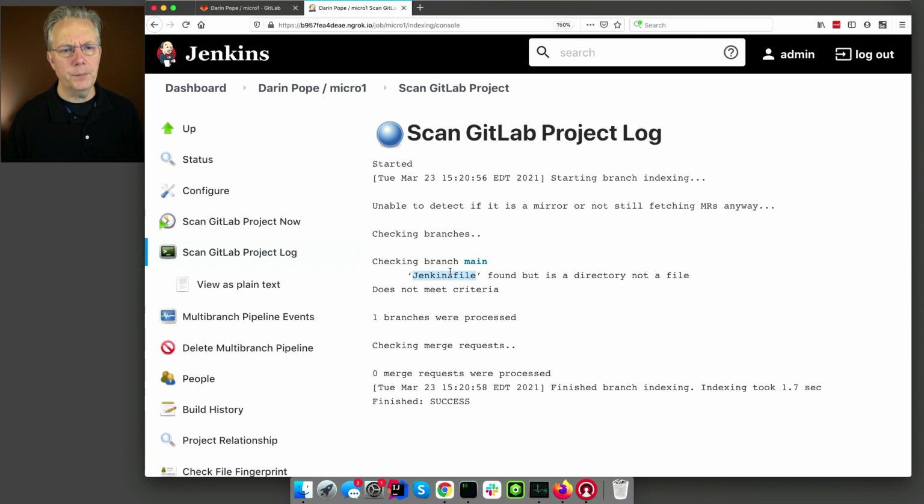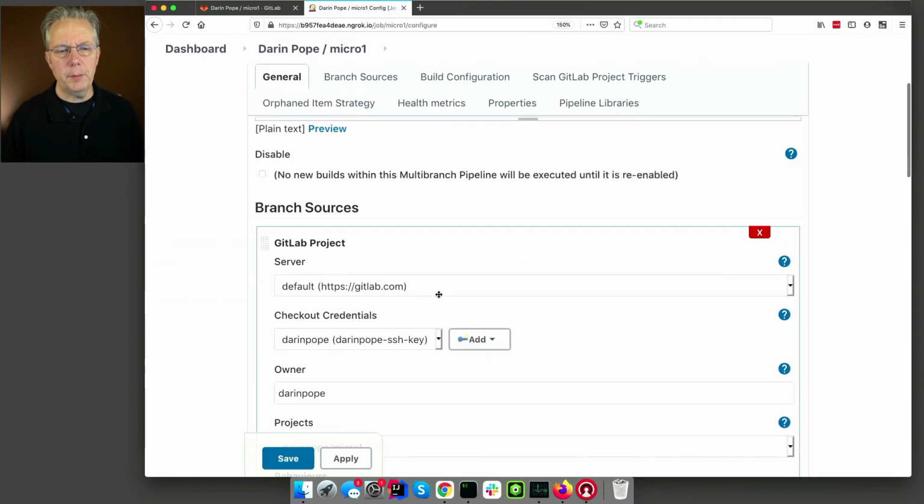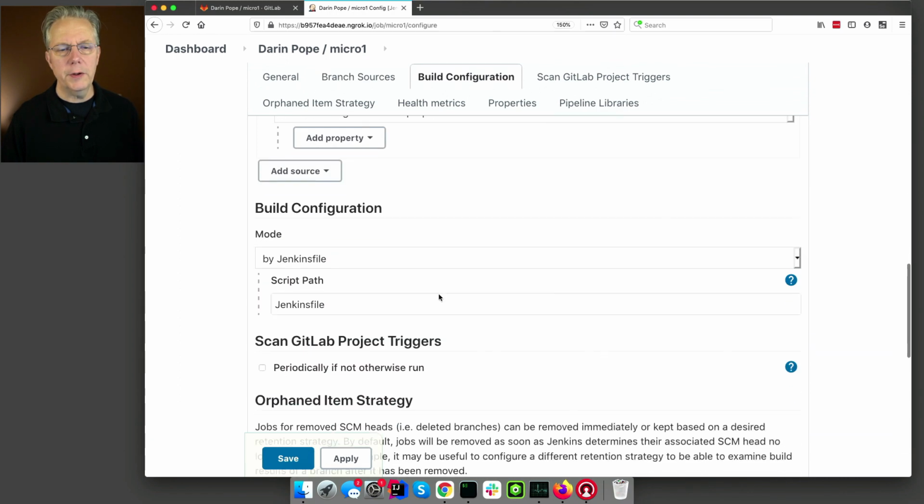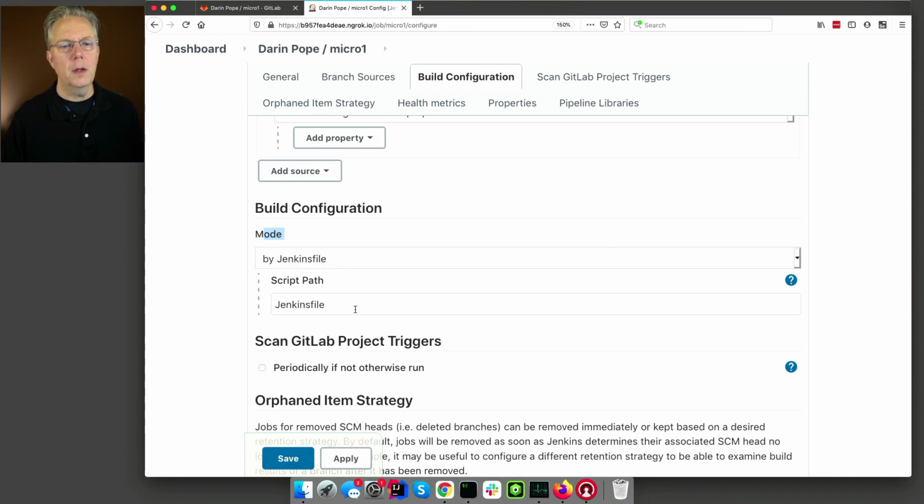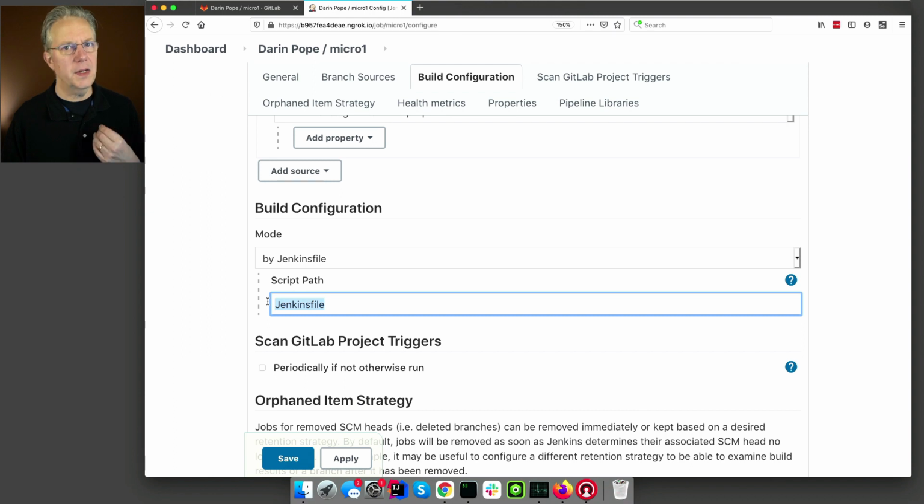Where did this come from? If we go back over to Configure and scroll down below Branch Sources, we are going to see something called Build Configuration. The mode that we have selected, and it's the only mode that's available to us, is by Jenkinsfile. So what's happening is when that scan occurred, it was looking for a file named Jenkinsfile. Since there was no Jenkinsfile found in the root of that project,